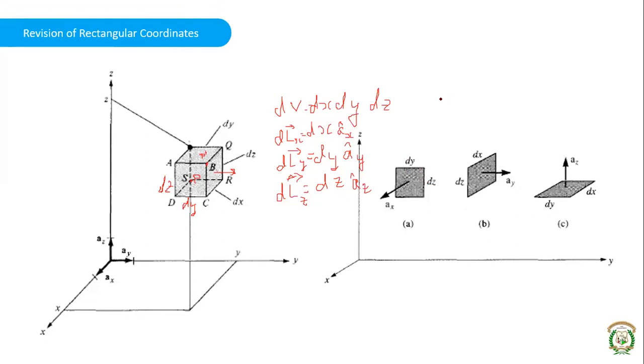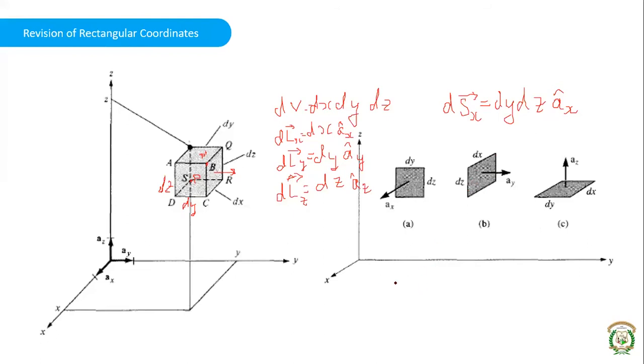So what you can write is, we normally write it as ds, okay? ds with the suffix x, that is surface area in the x direction. That is given as dy dz ax. Okay, if you just write dy dz, it will indicate the magnitude of the area. But if you want to know the direction, you should indicate the unit vector ax along with dy and dz. So it's easy to remember, if the lengths are y and z, the direction will be the third direction, x. If it is y and z, it will be the direction that is perpendicular to that plane, that is ax.